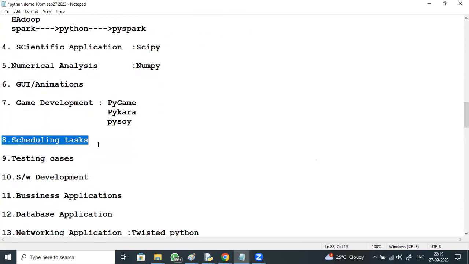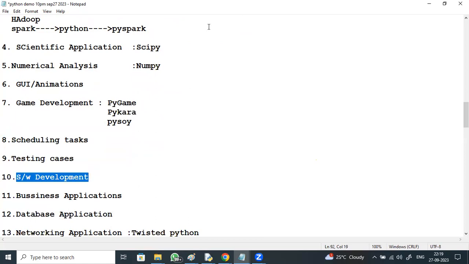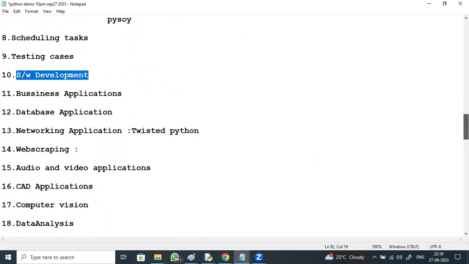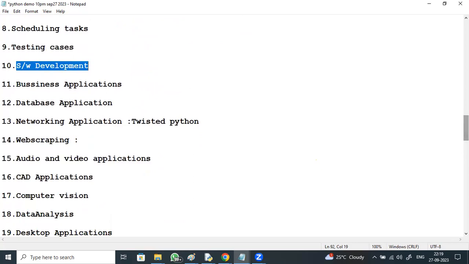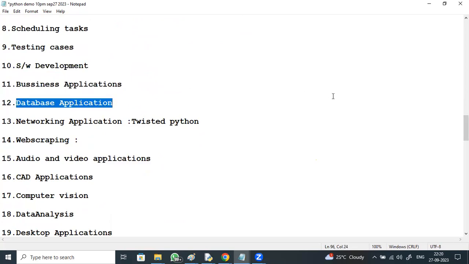For scheduling tasks, for test cases, right? And for software development, software developers make use of Python as a support language. For business applications, Python is one of the best choices for developing e-commerce sites. And for database applications, Python can connect with any database. And for network applications,